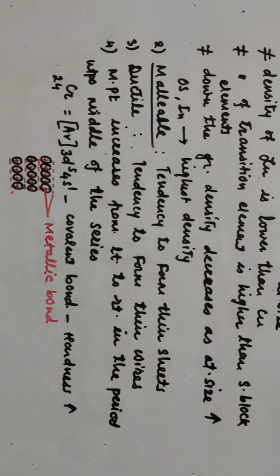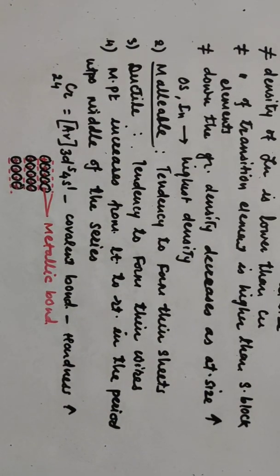If you consider zinc, then zinc is a soft metal at room temperature. Why? Because there is no unpaired electron, so the number of covalent and metallic bonds is not there. The formation of metallic bond or covalent bond is not possible, as the last orbital is completely filled here. Unpaired electrons are absent, and that's why it is a soft metal. Zinc is the soft metal, sorry. So this is about the melting and boiling point.